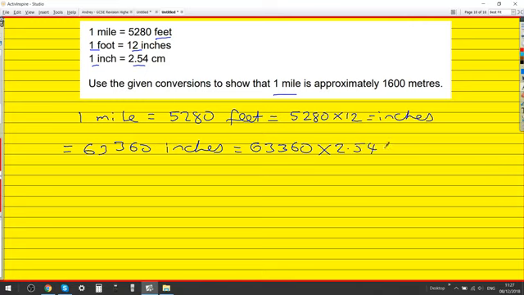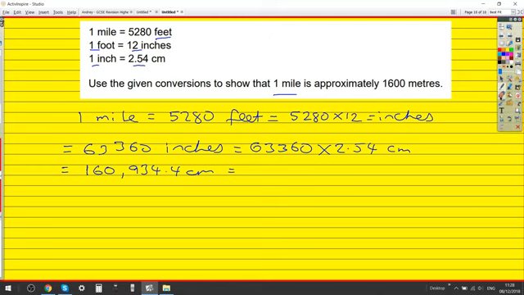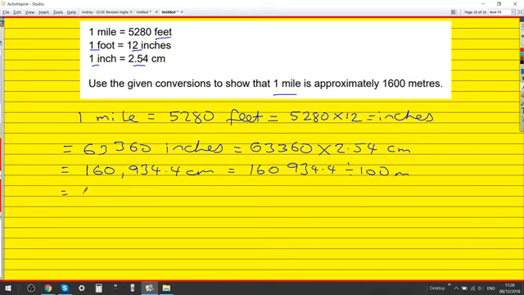Times 2. And that is 160,934.4. Say it again, sorry. 160,934.4 centimeters. How do you turn centimeters into meters? Centimeters and meters. Would you divide by 100? Yeah. Okay. And that is 1,609.344. So that divided by 100, and that is